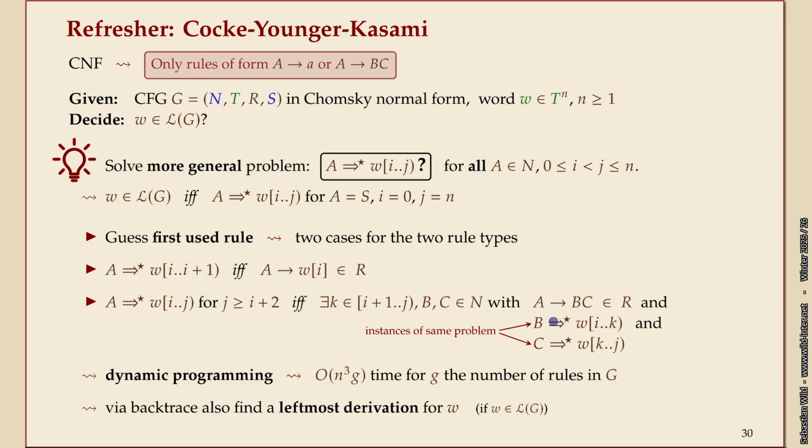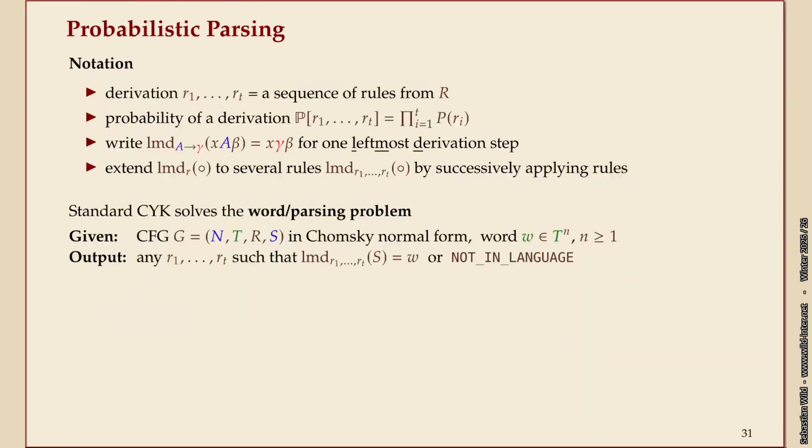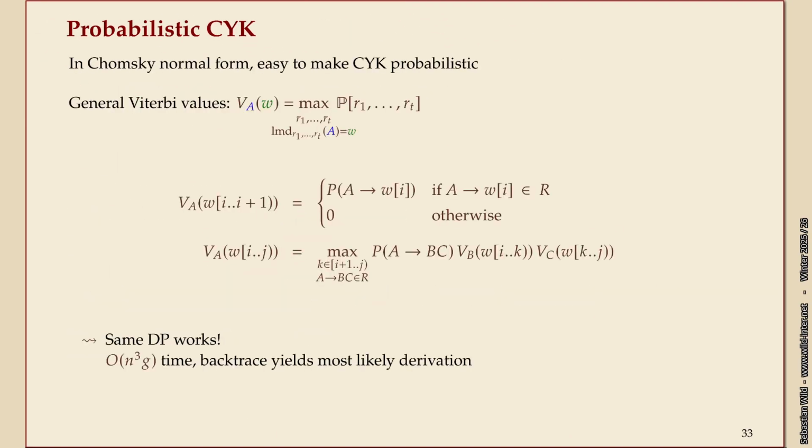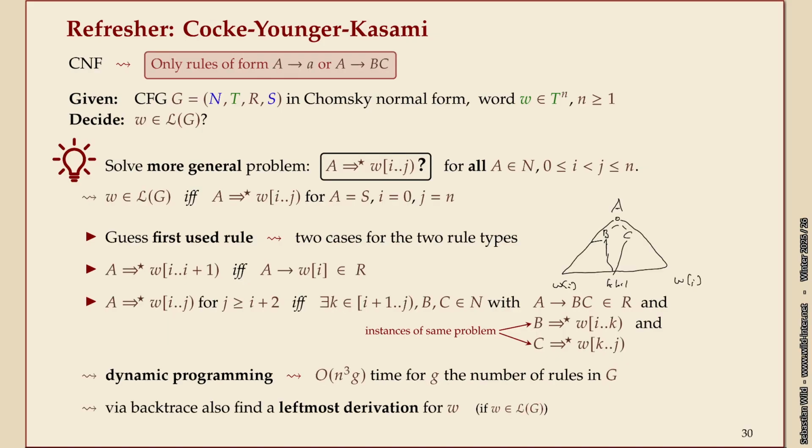So the way to usually draw this, maybe I should have this picture. If A is to produce this substring from Wi to Wj exclusive, then the first step would be to go from A to B C, and then there's some way to split this tree around K, right? So that B produces the left half and C produces the right half. And to try all of these, you need another factor n. And there's a factor for the size of the grammar if we're strict.